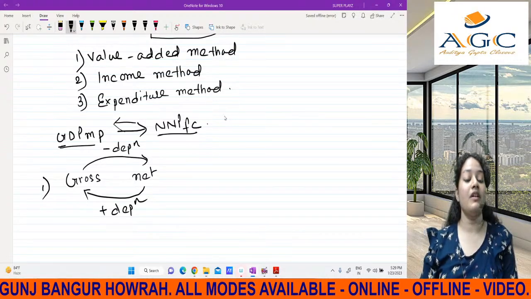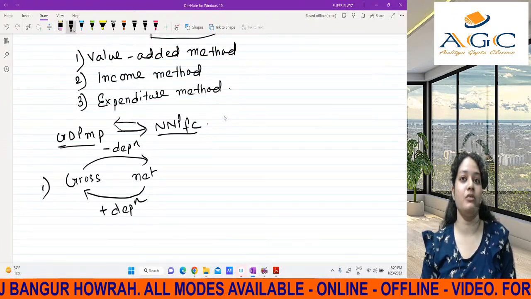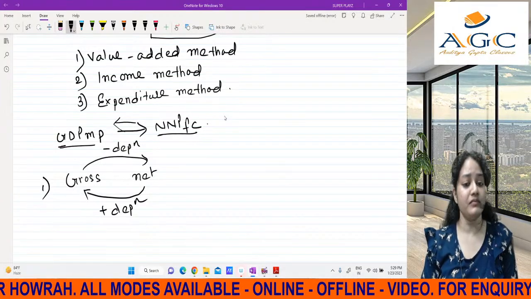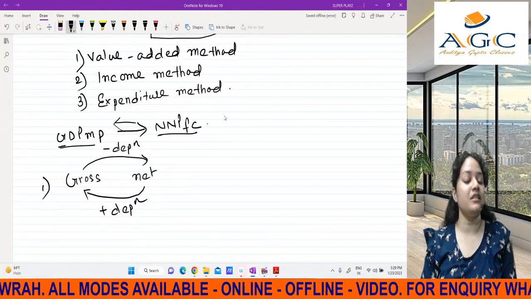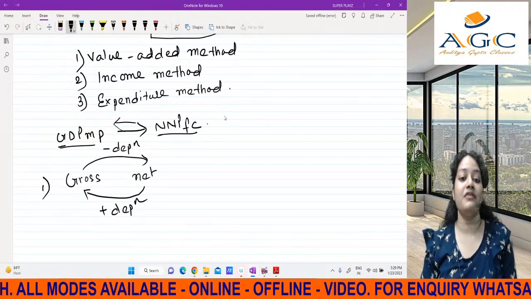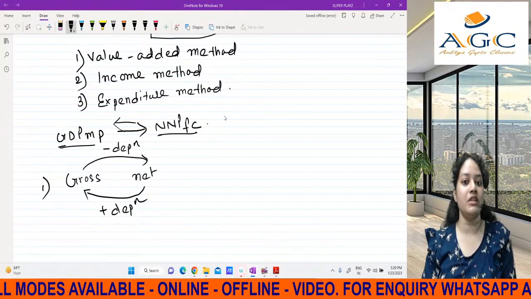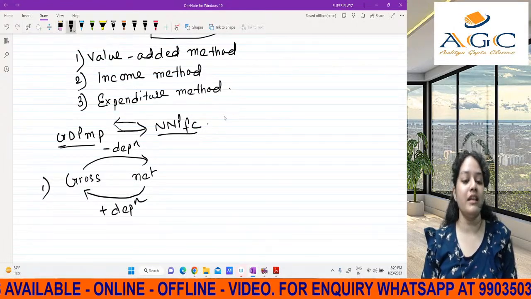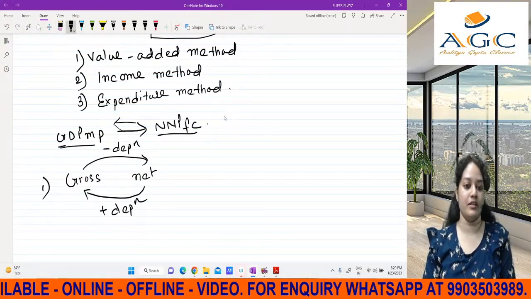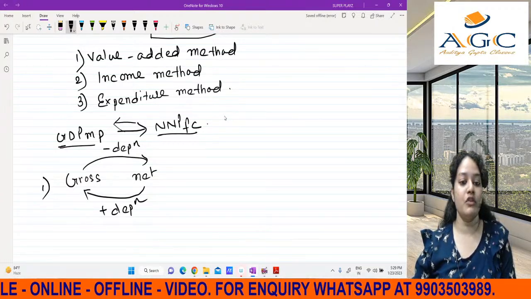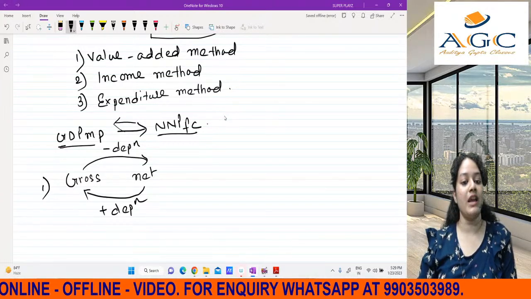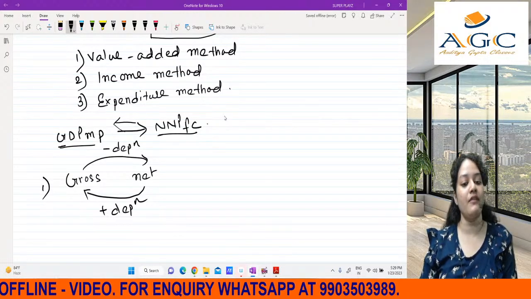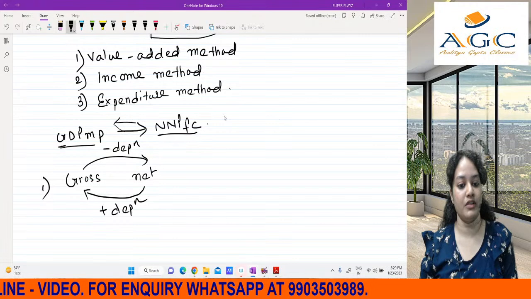Clear? So first of all, we will be looking into each and every factor before changing it, because a single mistake can give you the whole answer wrong, and if your answer is wrong, it's not like other subjects where you will be getting part marking or step marking. If your answer is wrong, then the whole sum, like your 6 marks, is gone. So from gross to net, what do we have to do? We have to deduct our depreciation, and from net to gross, we have to add our depreciation.